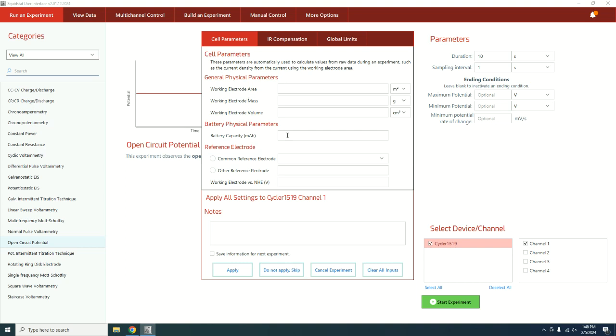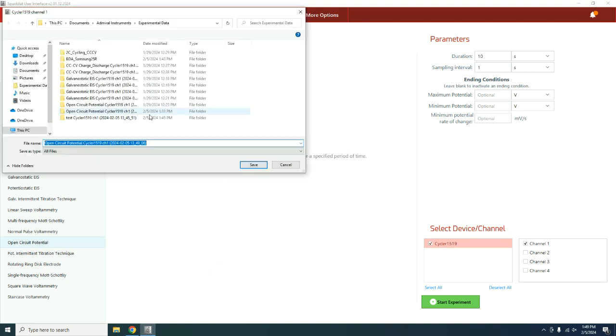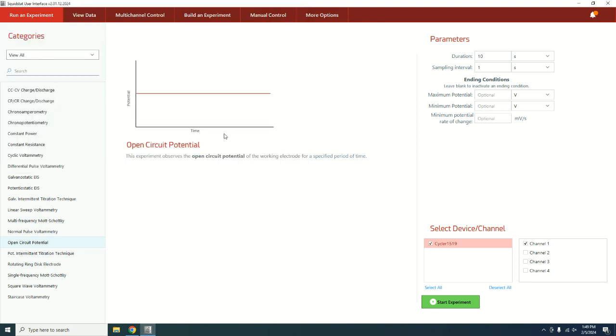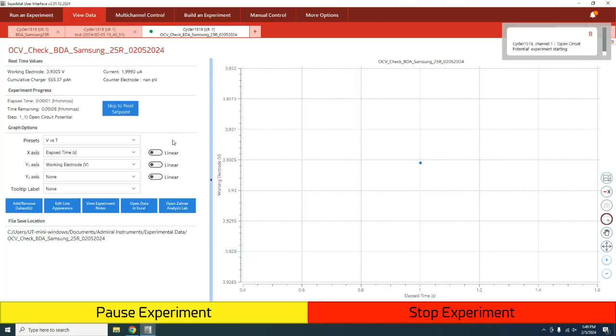And we can enter all these cell parameters, so we know this is a 1200 milliamp hour battery. We can enter the common reference electrode, any other information you want to save. This doesn't affect the particular measurement that's happening, so you just hit apply, and it opens up the file data save location, and you can name it whatever you want. OCV check, battery data lines, Samsung 25R. I hit save, and then it should take you to the